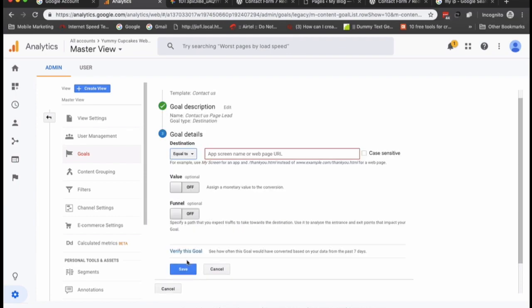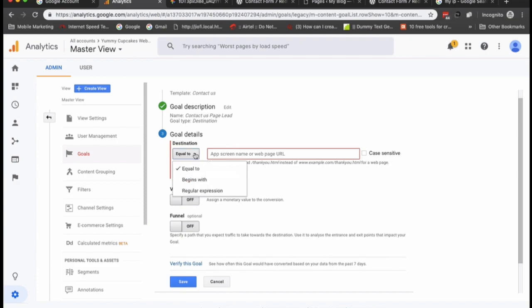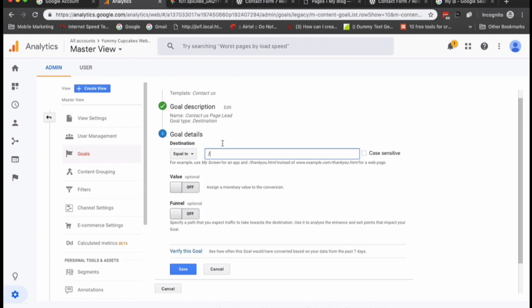So I'll continue, and I have to mention the destination of the page where my contact will land. So let me say thank you. So this will be the page. When the page's value is equal to the destination, it will start recording it.